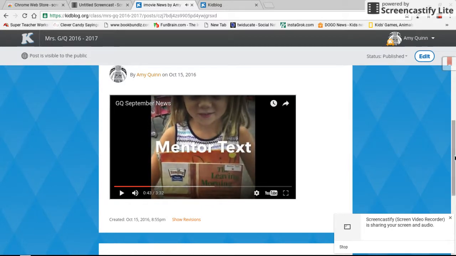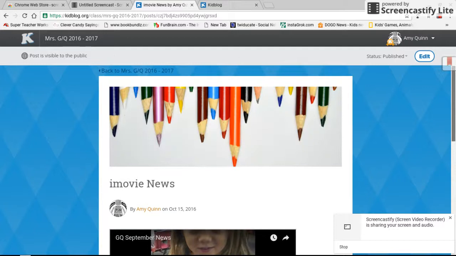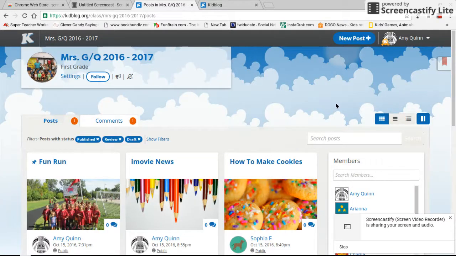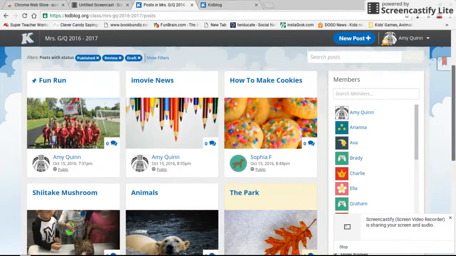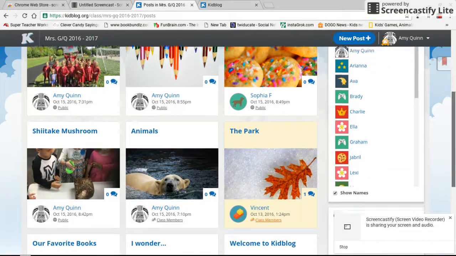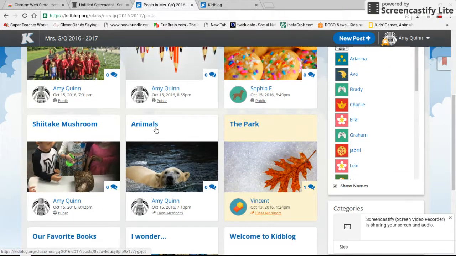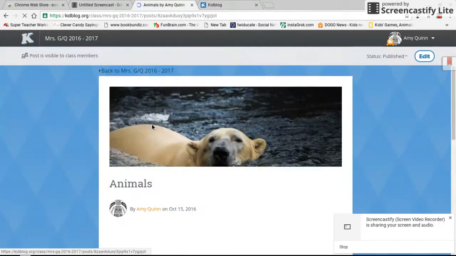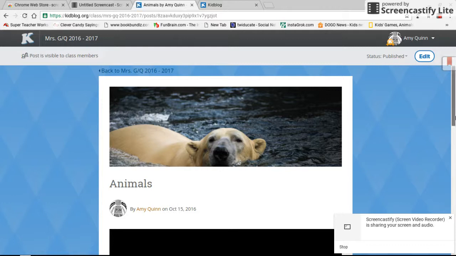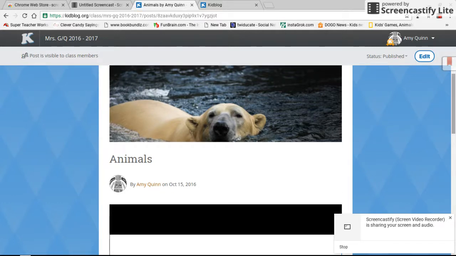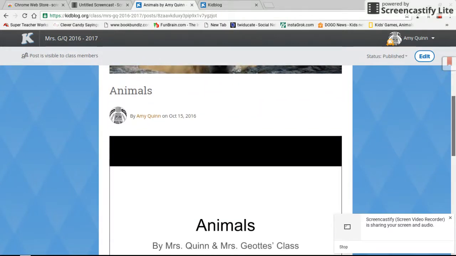So you can get the idea of even being able to put iMovie in. Another one I'd like to show you, let's see. This is another example that I have for informational writing. You're actually able to, this would be like the header picture, and then there's a place for the title. But you're able to put in